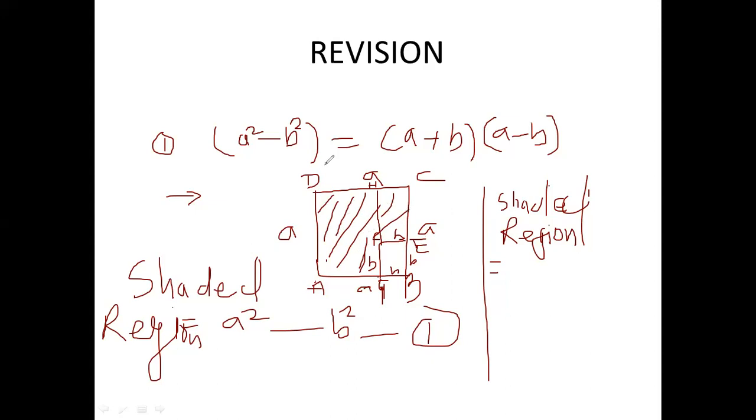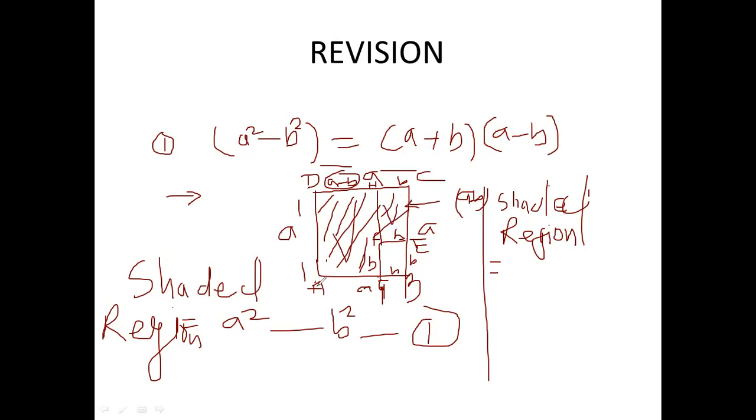Look here. If from here to here it is A, if this is B, then this will be automatically B. What is remaining still in here? This part, what is remaining? A minus B. Is this A minus B or not? This A minus B. Then here also, this part will be A minus B, right? Then this is B, and this is A. Now find out the area of this part and this part separately.